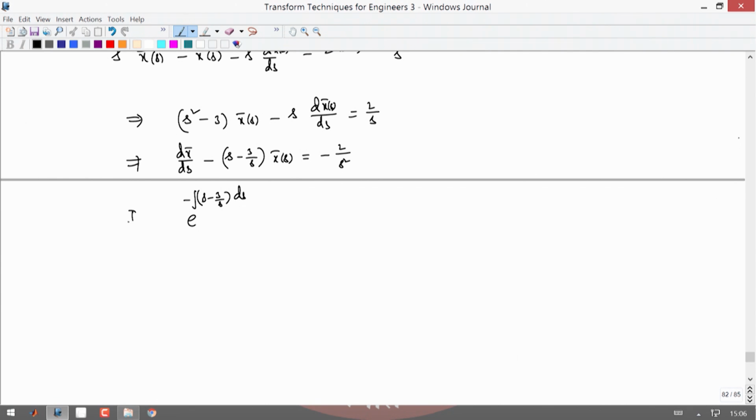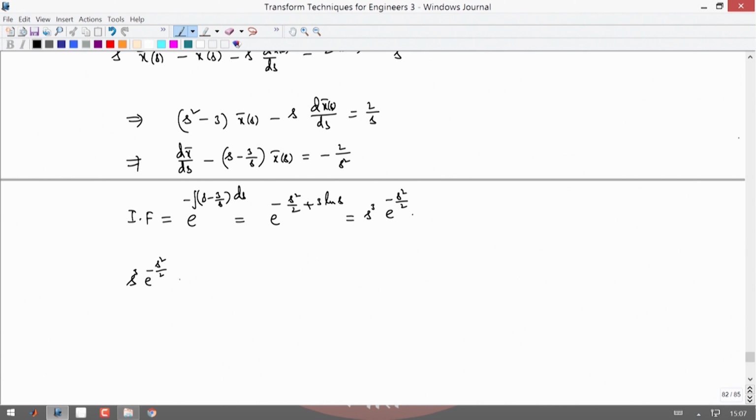So, this is our integrating factor. So, you get e power minus s square by 2 times plus 3 ln of s. Simply you get it as s cube times e power minus s square by 2. So, if you multiply this both sides of this equation, you get s cube e power minus s square by